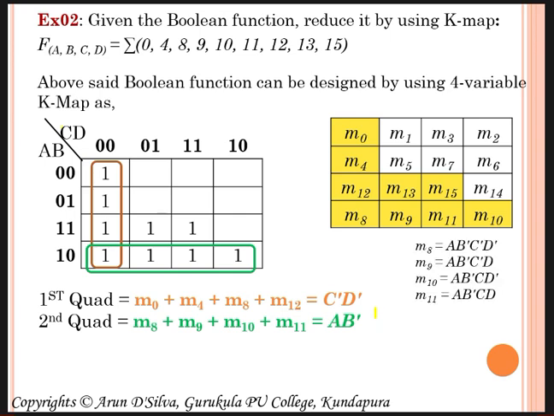And another way, we are listing out the min terms M8, M9, M10, M11 as it is. Now M8 is AB dash C dash D dash, M9 is AB dash C dash D, M10 is AB dash CD dash, and M11 is AB dash CD. Now if you see here, the C variable changes state. Dash is there and normal also is there. D also, dash is there, normal D also is there. So C and D we cannot consider. We have to consider only the first two variables, that is AB dash.